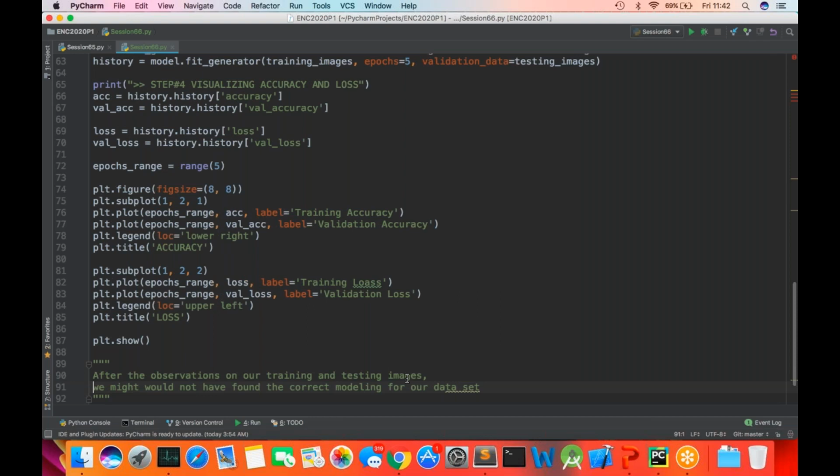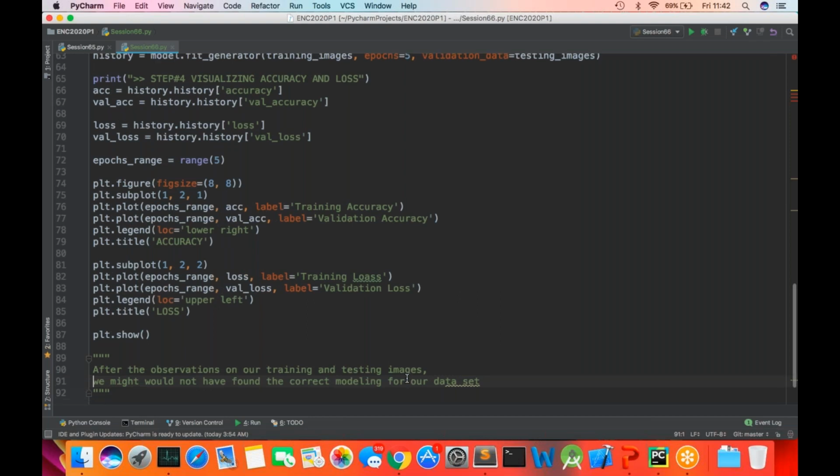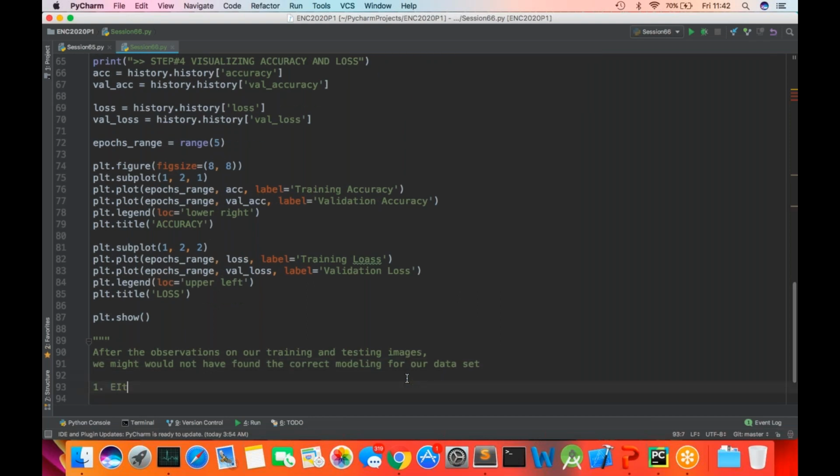Number one, either we gather more images and more meaningful images and work again to train the model. The second part is to perform